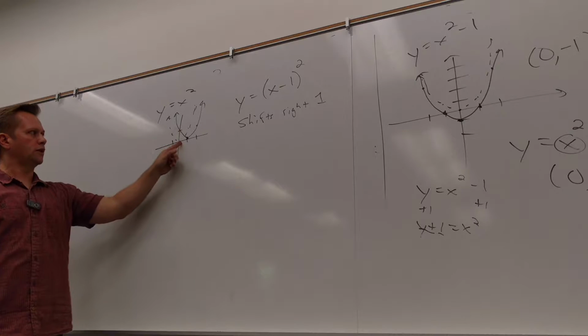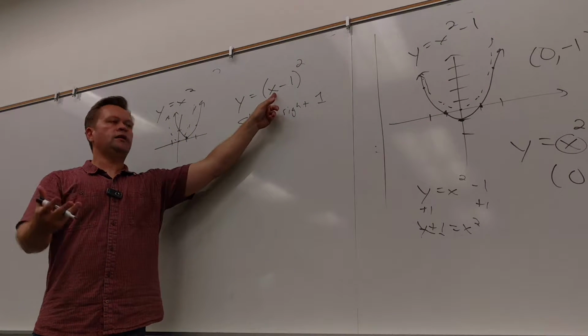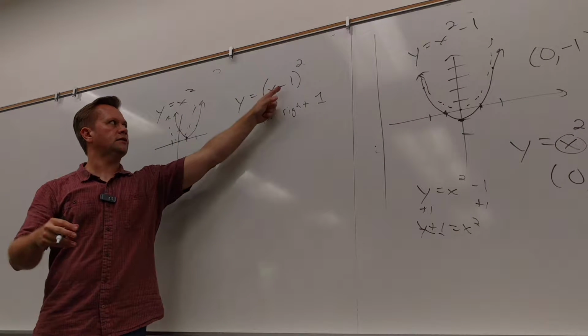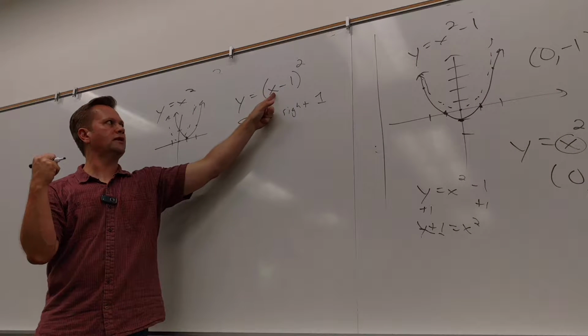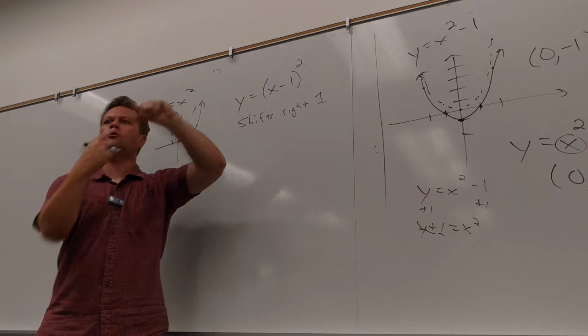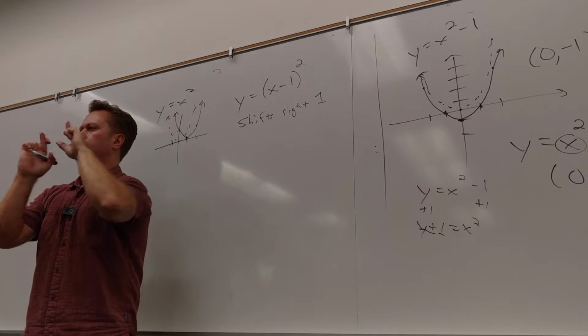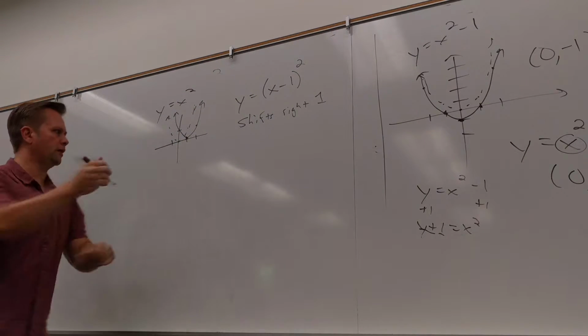So I used to put 0 in to get 0. Now I've got to put 1 in to get 0. That's why it does the opposite of what it looks like. You don't look at this and say it goes back 1. You say, what does it have to do to overcome this? It's got to go up 1. And this idea, by the way, works,